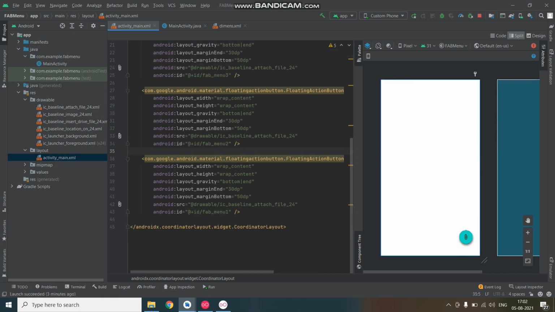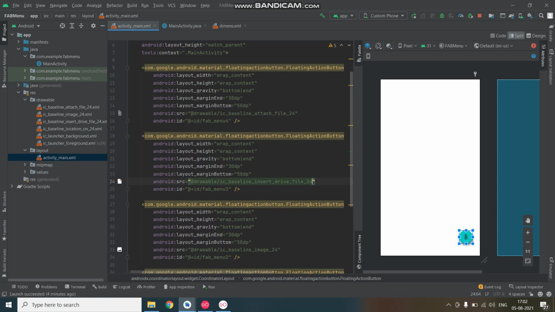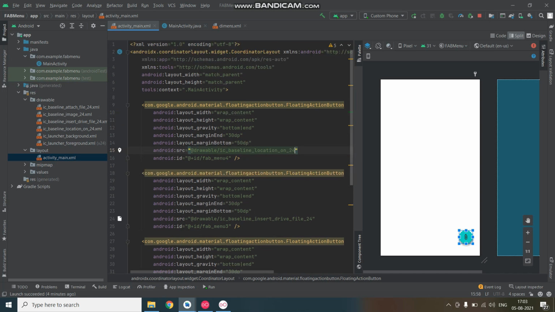I've got the four buttons, and I'll change the icon. Let's say I'm changing it to image. I've already included these drawables in my drawable folder. Insert drive file, and the last one be, let's say, locations.